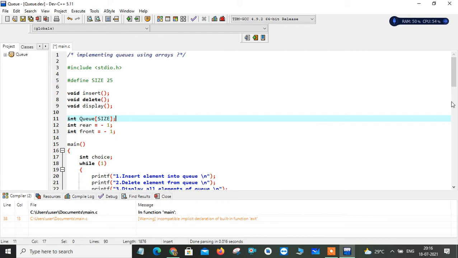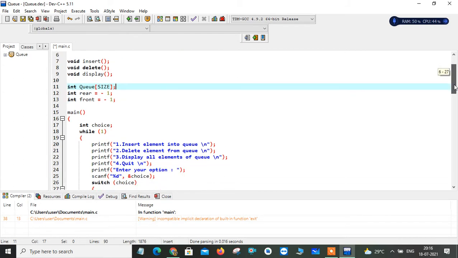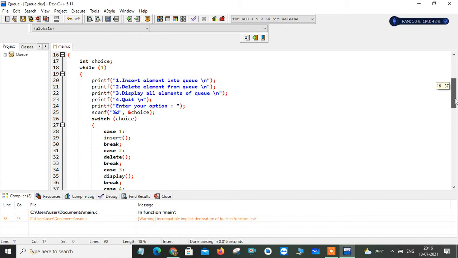This is my main function. In the main function, I'm going to implement all the options for performing insertion, deletion, and display operations of my queue. Here I take one variable, int choice. I am implementing this using a switch case, because I need to take a choice of whether the user is trying to insert an element, delete an element from the queue, or display the elements. So there are three cases, and I implement my queue operations using the switch case concept. Here there is a while loop.